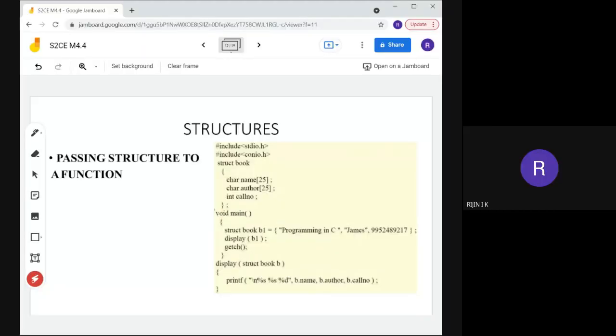Okay, how we will pass a value to a function? For passing a value, first we need to call that function. Calling a function means you just write the name of the function. Then if you want to pass any value, you can write that value inside the function brackets. Then put a semicolon. That is enough. Display, then inside that we are passing the structure variable b1 to that function. So display(b1); that is enough.